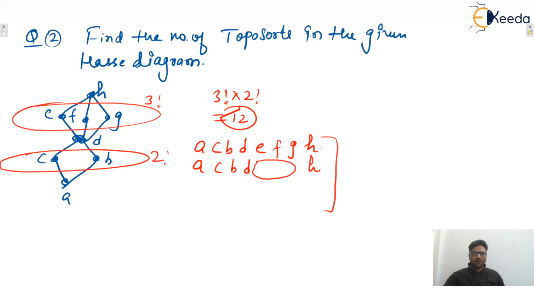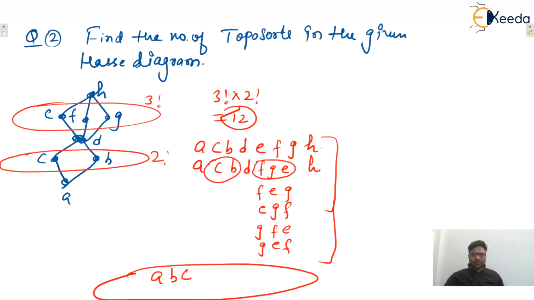Yes, in this manner, let's say the second one will be FGE, then FEG, then EGF, then GFE, then GEF. So we will be getting 6 from here. And similarly here also two choices are there, A, C, B. So if we take A, B, C, again these 6 will be there. So 6 plus 6, we can say 12 will be the correct answer. I hope this one is clear to everyone. Okay, so that is the topological sort for the Hasse diagram, or any poset given to you guys.